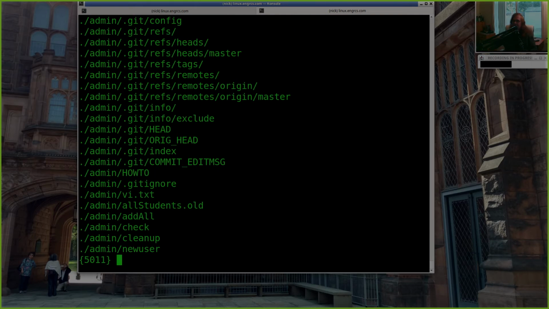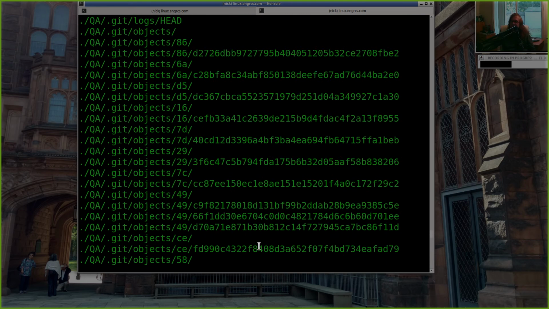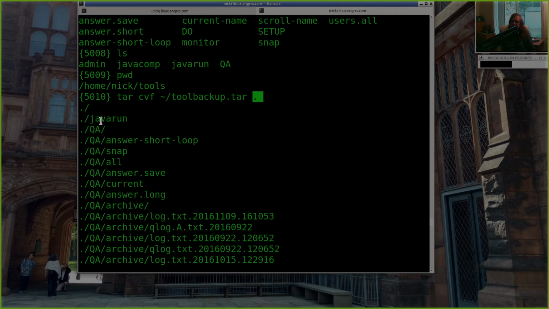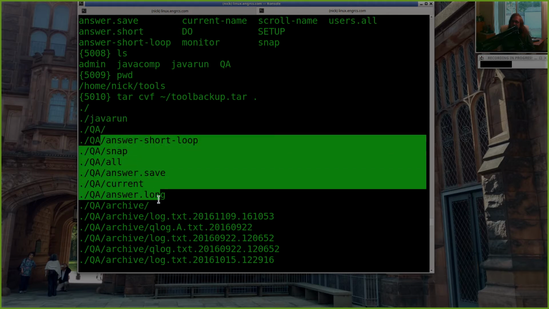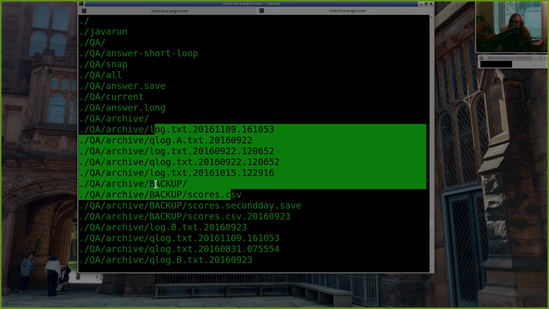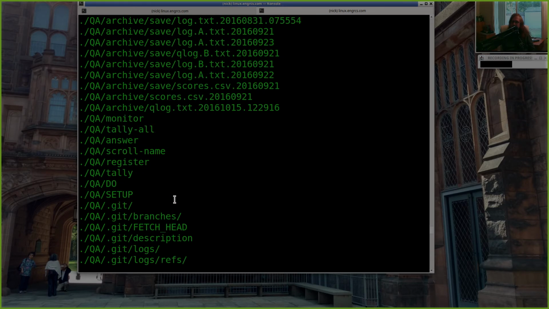And when I do that, tar spits out a list of all the things that are going into that tar file. So it shows me it added a file called Java Run, it added a directory called QA, it added all these files under the QA directory, it added an archive directory under QA with all of these files, it added a backup directory under archive, and so on.